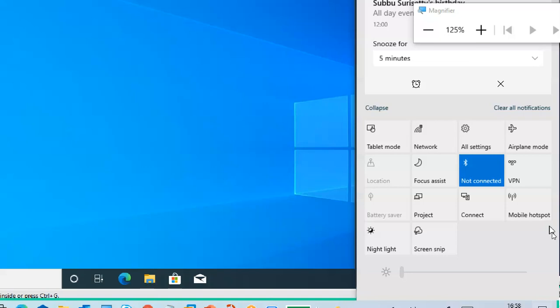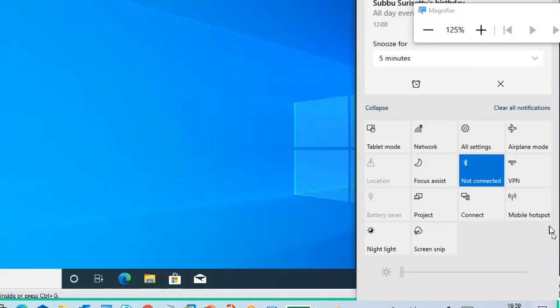Either you have to connect with a wire, a data connection, or a dongle or USB connection first, and then you can become a hotspot, same as your mobile phone.